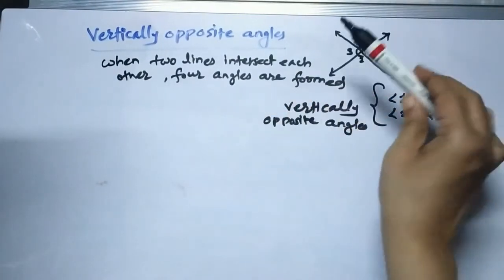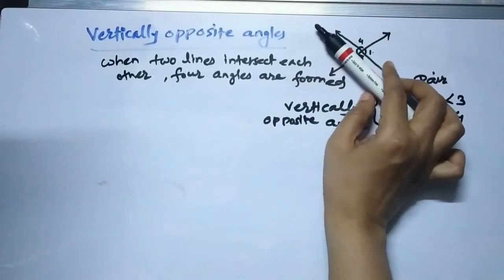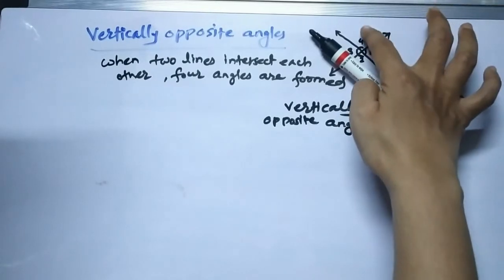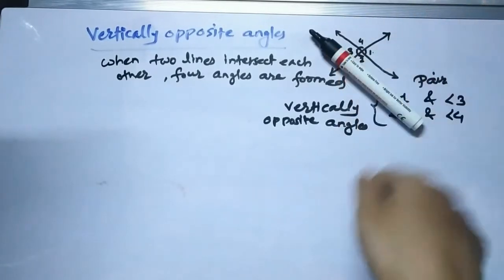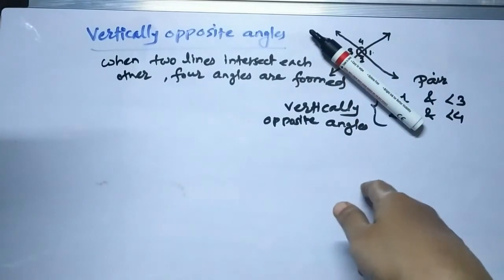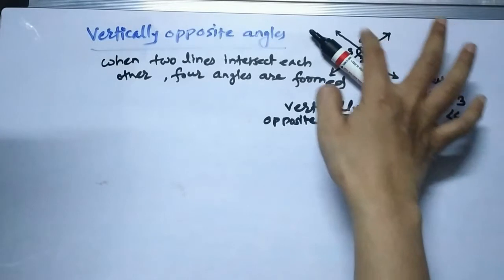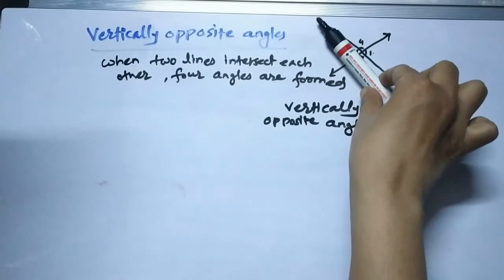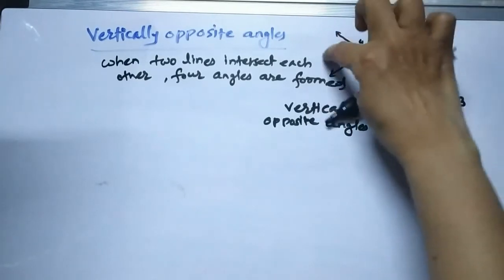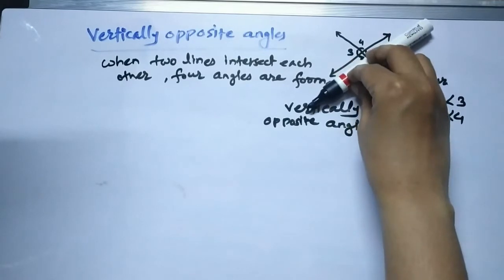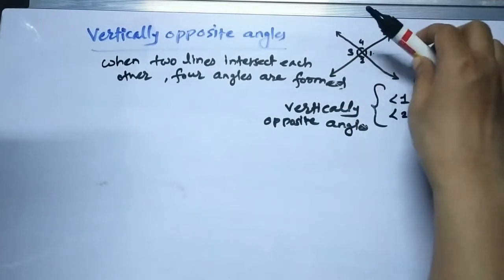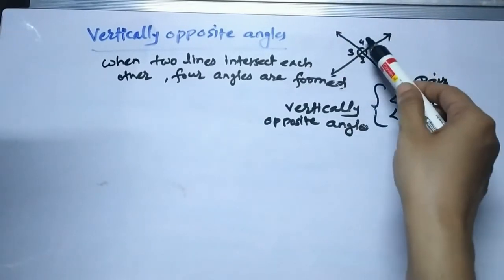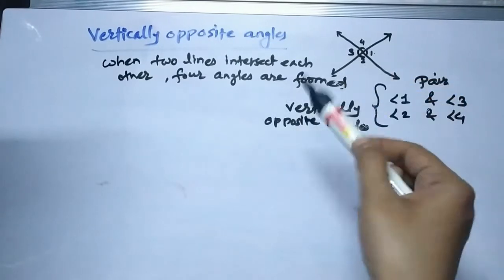And friends, one more thing, if you look at this situation very carefully, if you observe the above part, then angle 1 and angle 4 form one more kind, that is adjacent angles and linear pair. So these are forming a linear pair also. So you can say angle 1 plus angle 4 is 180 degrees. In the same way, if you observe this part, 3 and 4 are also a linear pair. And 2 and 1 on this side are also forming one. In the same way 3 and 4 also. So they are linear pairs also.